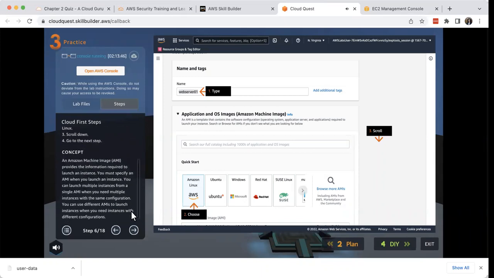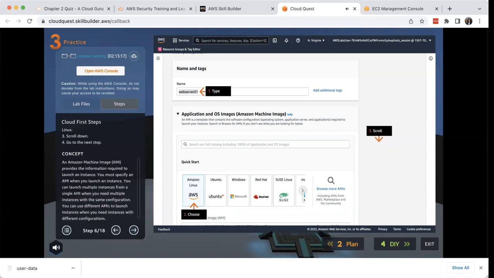And what's the concept behind this? An Amazon Machine Image. I think it's pronounced AMI. I forgot. Provides the information required to launch an instance. You must specify an AMI when you launch an instance. You can launch multiple instances from a single AMI when you need multiple instances in the same configuration. You can use different AMIs to launch instances when you need instances with different configurations. Okay, so